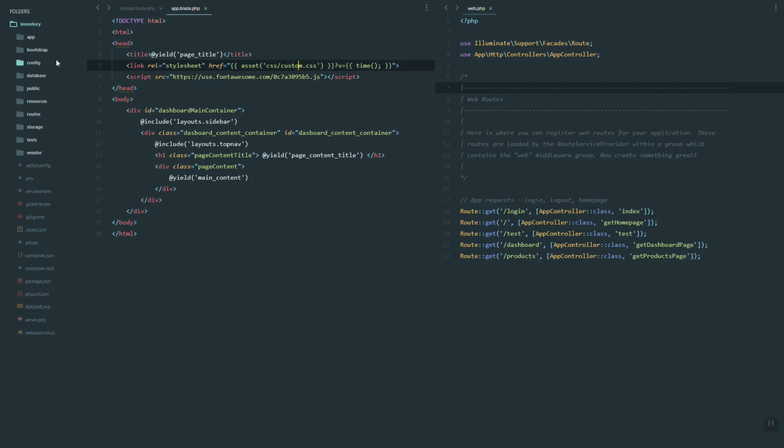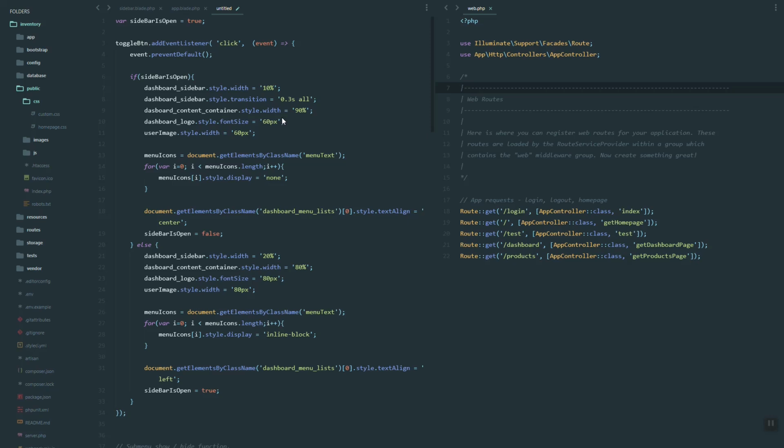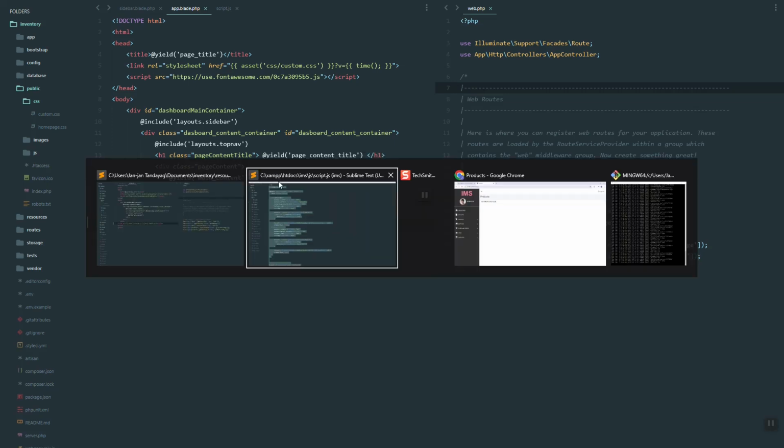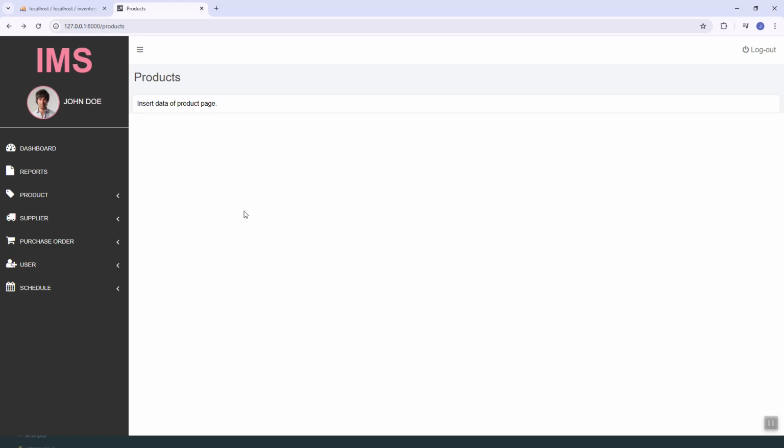Let's just check. So it's in public CSS. So let's create a folder for our JavaScript and then create the file. Then here we can link. Let's grab this one and replace this with the JS folder path. So let's refresh. So we should see,